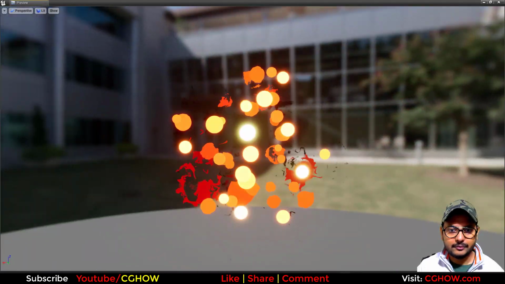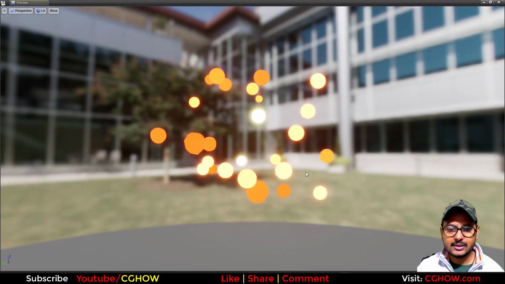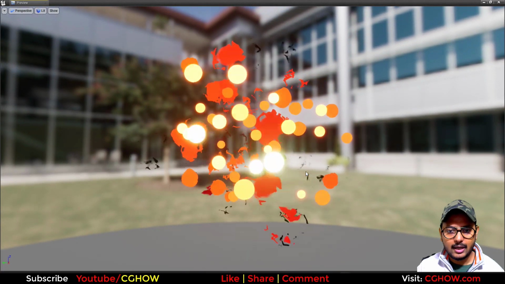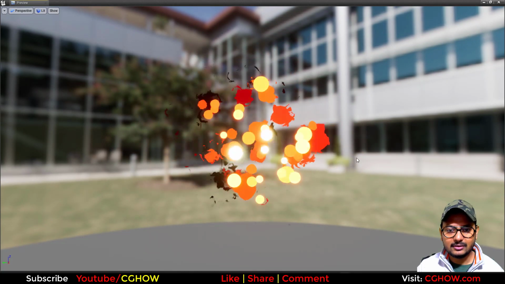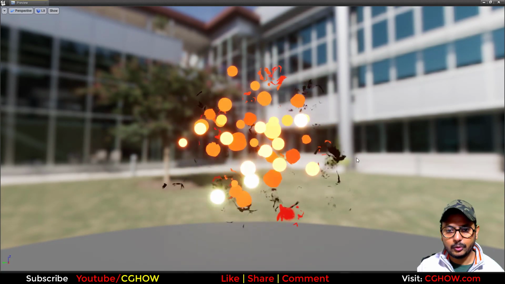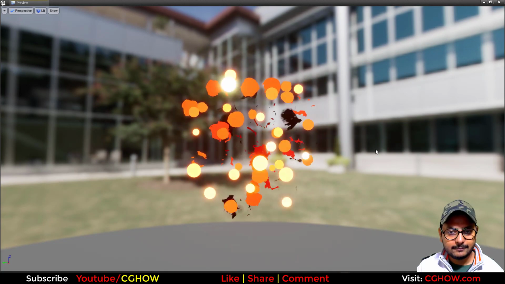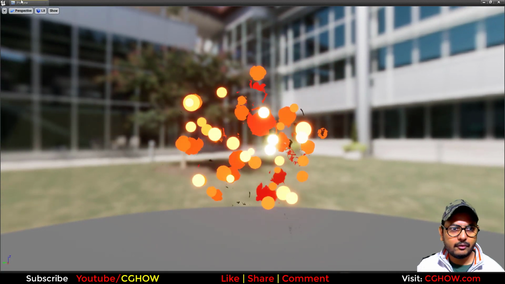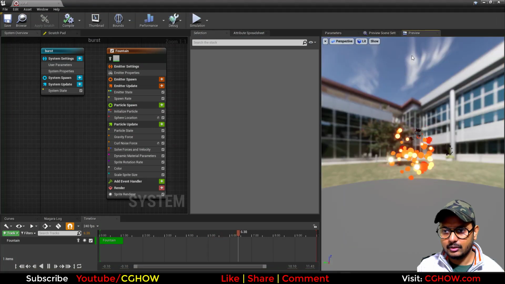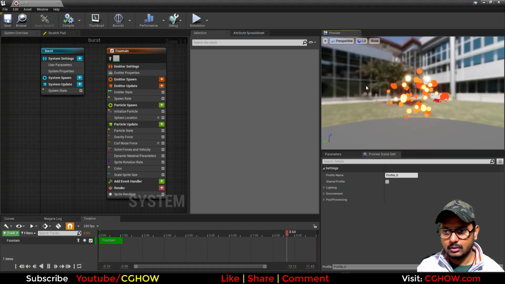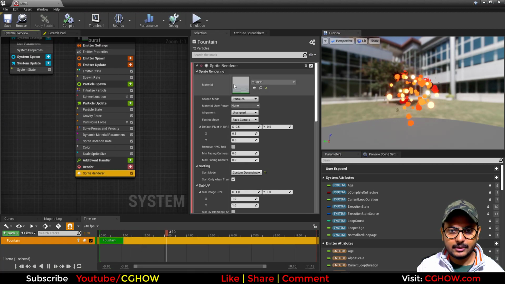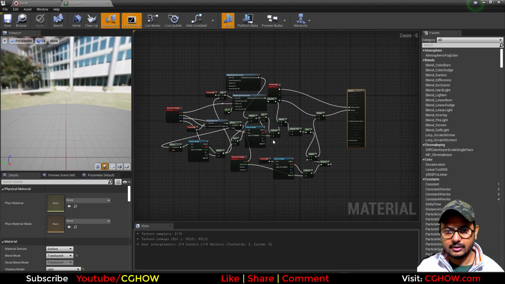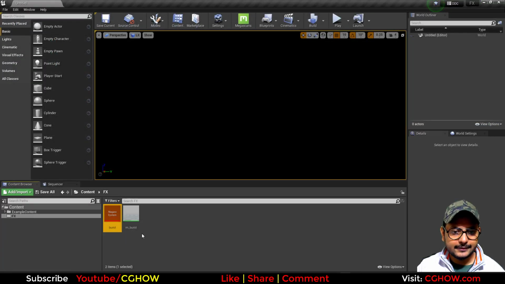So you can see, very simple. It has just one material and one emitter, and I will create it again from scratch. Because this is very basic, I don't want to just show you, I just want to create it again. So if I adjust my window here, this is just a single emitter and it has this material. This is a single material, and let's create a folder, test,